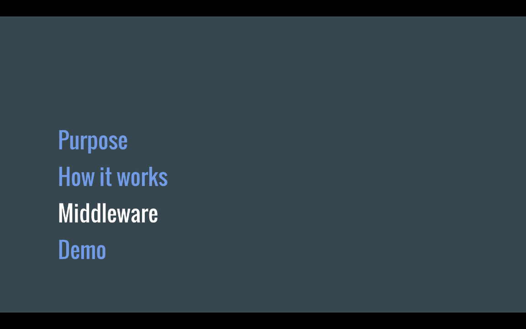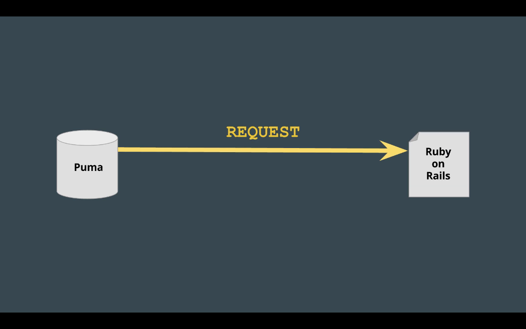And to take a look at middleware, it's a little bit different than a basic rack application. So to begin, I'll just take a look at the response without any middleware. You have a request that comes in to your server, such as Puma or Thin or Unicorn or something of that nature. That server passes it off to your application, and the application takes that request and devises an appropriate response, sends the response back to the server,